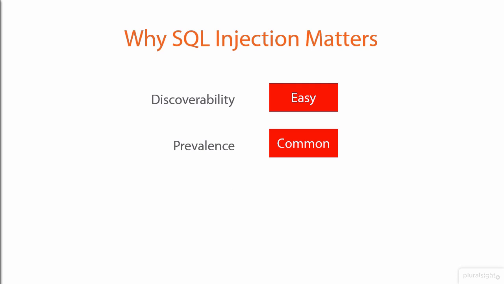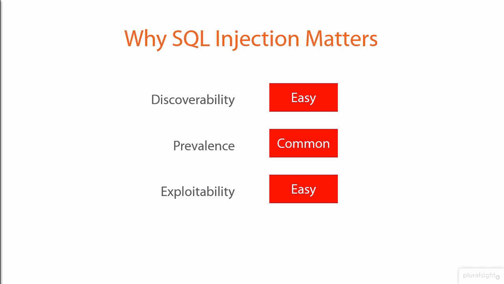The next problem is around exploitability. And the problem here is that it's just so easy to exploit a SQL injection risk. Now, the risk itself can actually be a bit complex. The thing that makes it easy is that there are a lot of easily automatable tools out there. And we're going to look at some of those later on in this course as well. But a SQL injection attack can be as simple as copying a URL, pasting it into a nice little GUI attack tool, and then suddenly you've exploited the system. It can be that easy.